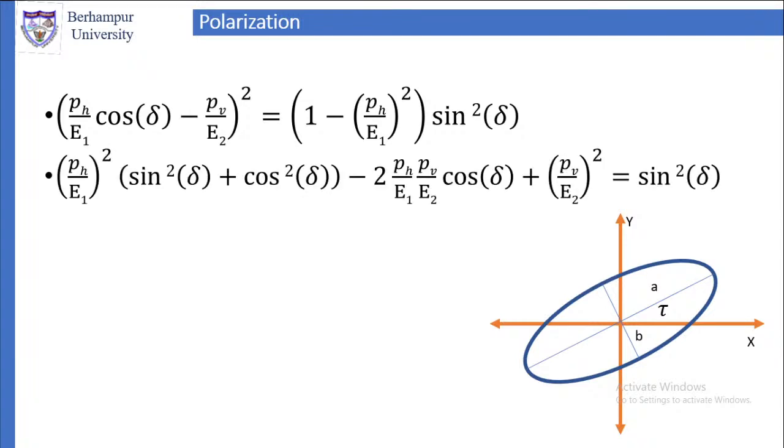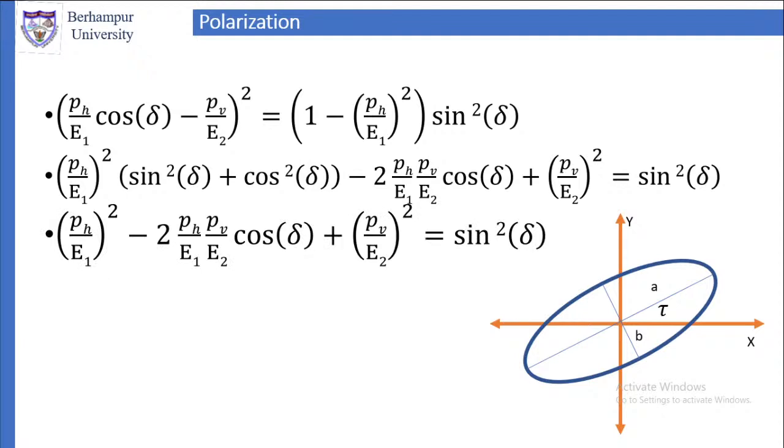If we expand this, the left hand side gives us (ph by e1)^2 cos^2 delta plus (pv by e2)^2 minus 2 times ph by e1 into pv by e2 into cos delta, that is equal to sine^2 delta minus (ph by e1)^2 sine^2 delta on the right hand side. So we have expanded that. Now from the right hand side, let us take the sine^2 delta term to the left hand side and put